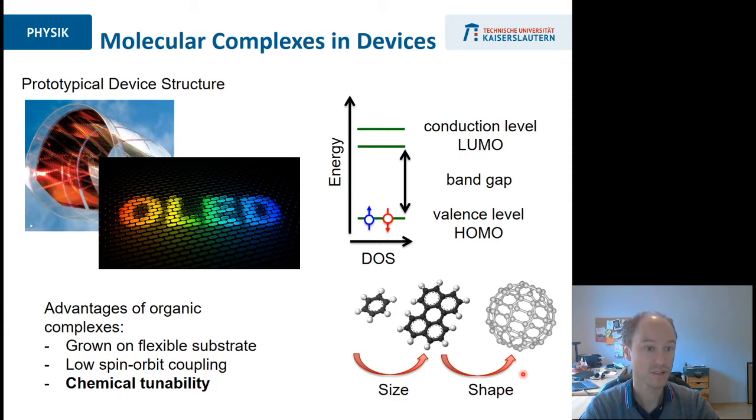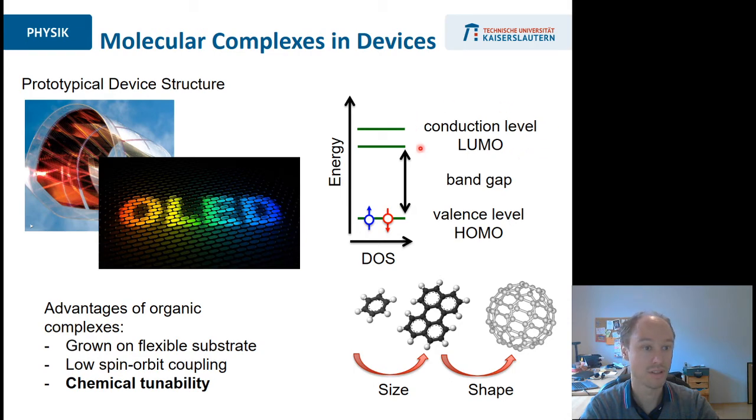And by changing the geometric structure, we have a very easy handle to alter the electronic properties, which are imprinted in the energetic position of the valence orbitals, namely the highest occupied molecular orbital, the HOMO, or the lowest unoccupied